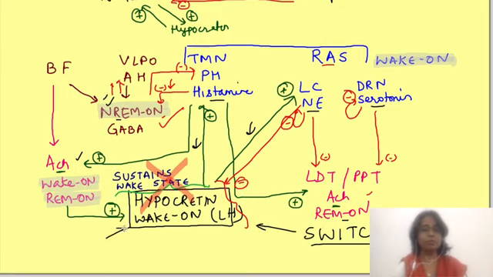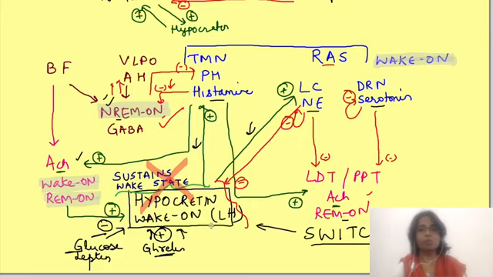Actually, these hypocretin neurons are sensitive to environmental cues. For example, glucose and leptin levels in blood, which indicate a well-fed state, inhibit these neurons. On the other hand, ghrelin, a hormone important for initiation of meals, stimulates these neurons. So, in a well-fed state, these neurons will become less active, while in hunger, they are more active. So, are you getting now why we feel sleepy after a good meal, while hunger keeps us awake?